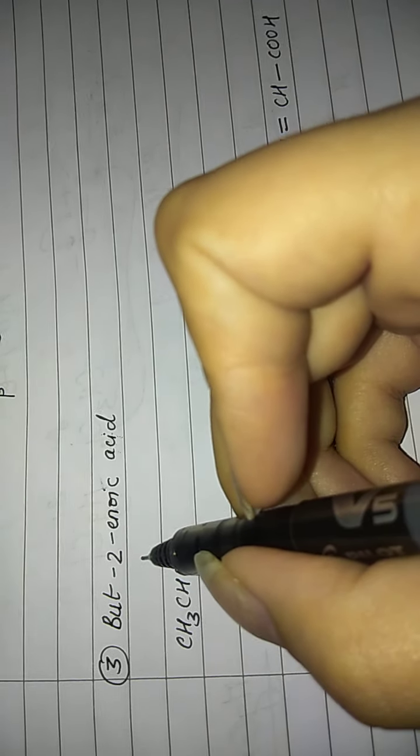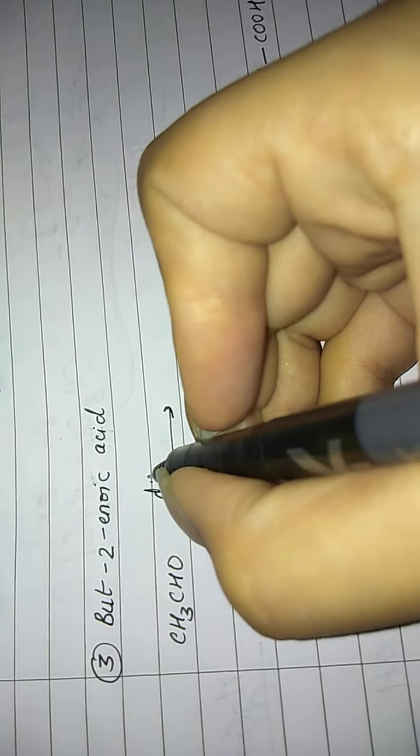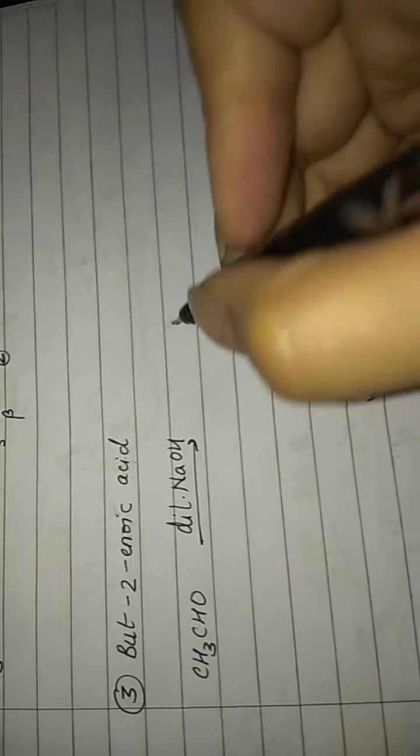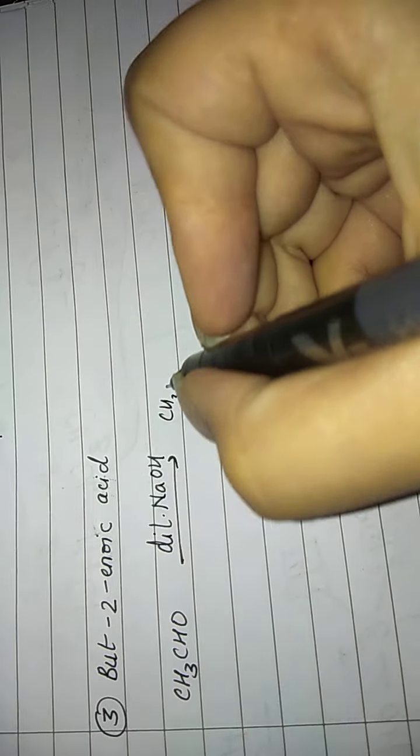The third part asks me to convert ethanol to but-2-enoic acid. Again, first of all, I carry out the aldol condensation. The first step of aldol condensation gives me